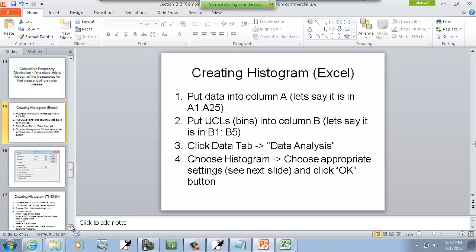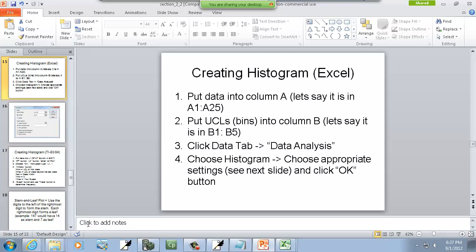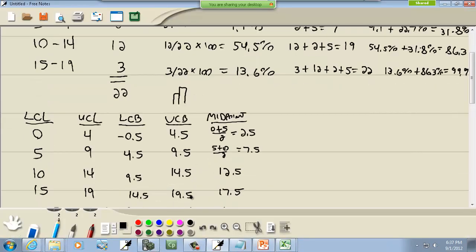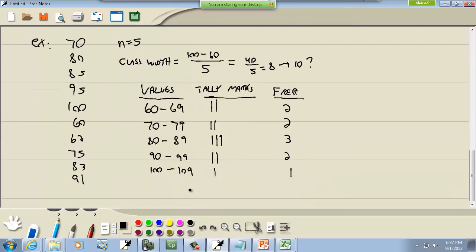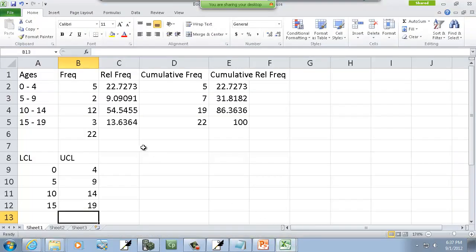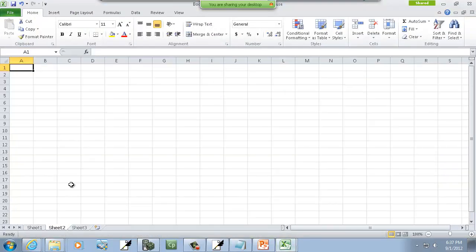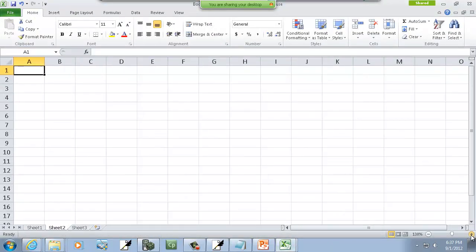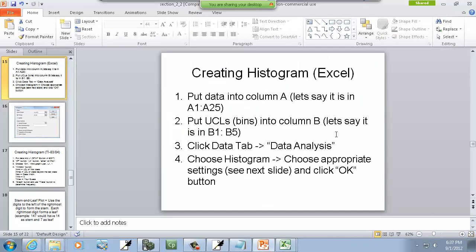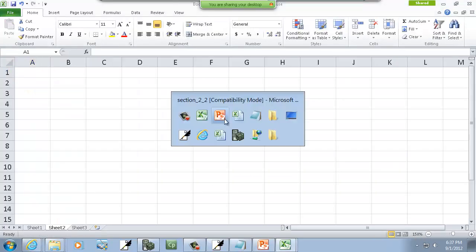Let's take a look at creating a histogram using technology. A little bit easier than the way we've been doing it. Okay. We'll use our data points here. They're not very exciting, but they'll work. Okay, so our steps say put data in column A. And it says, let's say it is in A1 through A25. Ours won't be, but